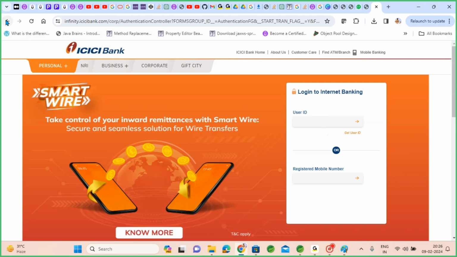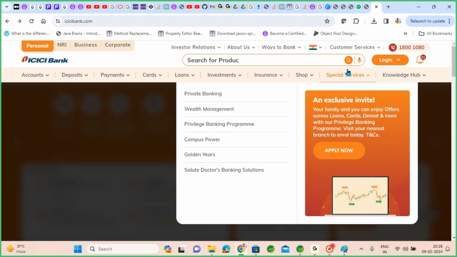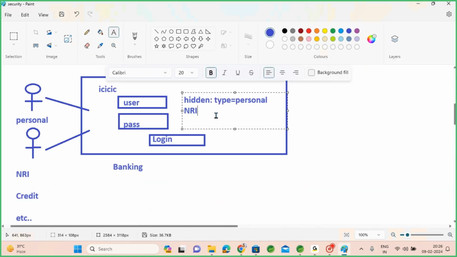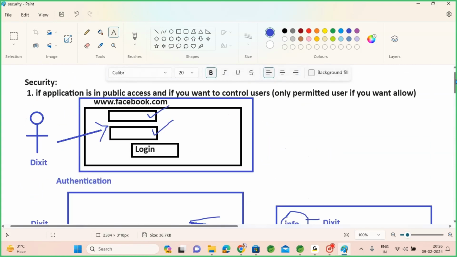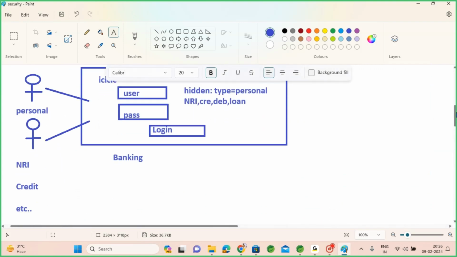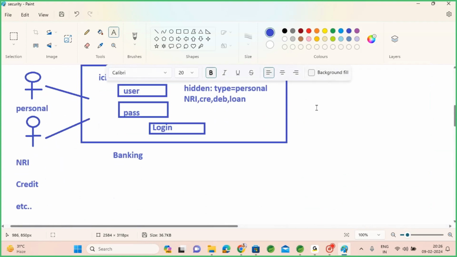When you enter, it will take your username and password along with which type of user you are: a personal banking user or NRI user, credit card user or debit user or loan user. It will get the type also along with username and password, but we don't have that confusion in case of a public application like Facebook. So here, using this type, what it needs to do